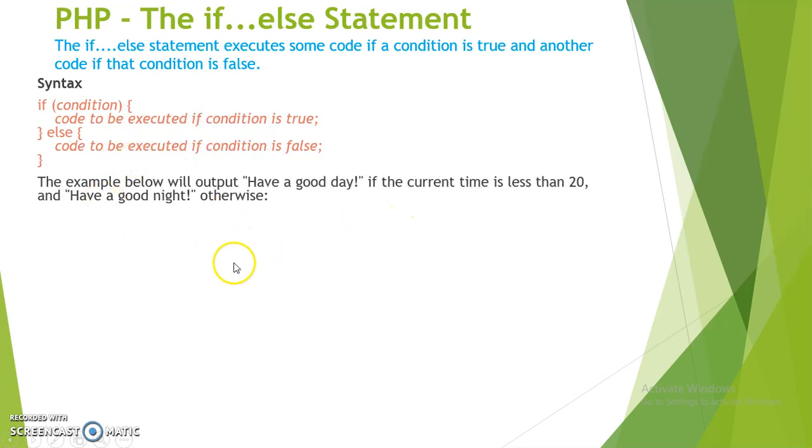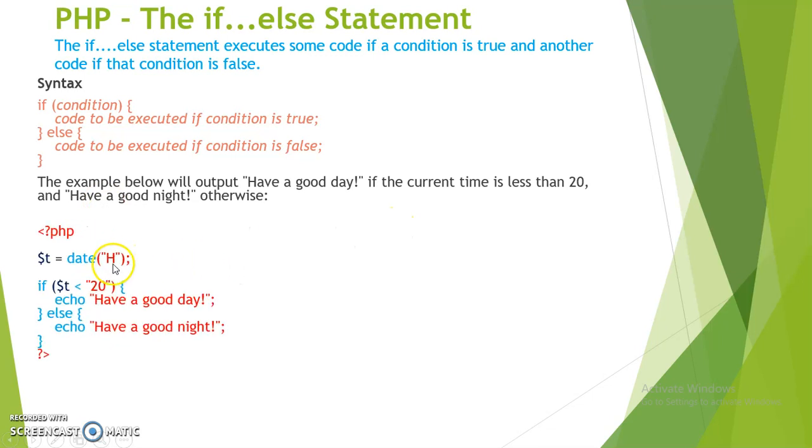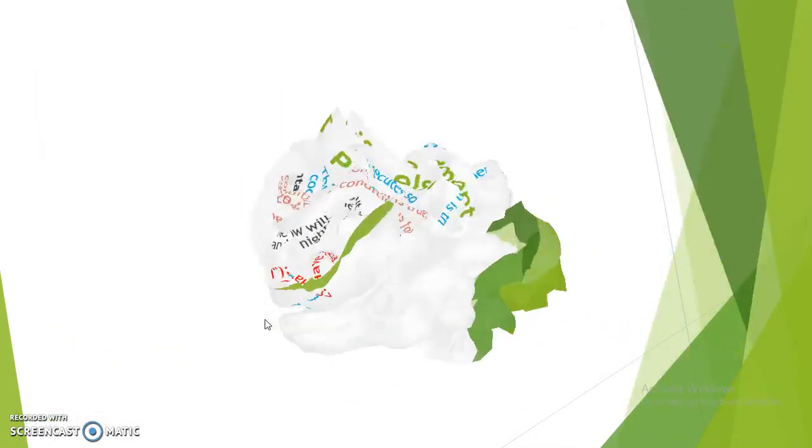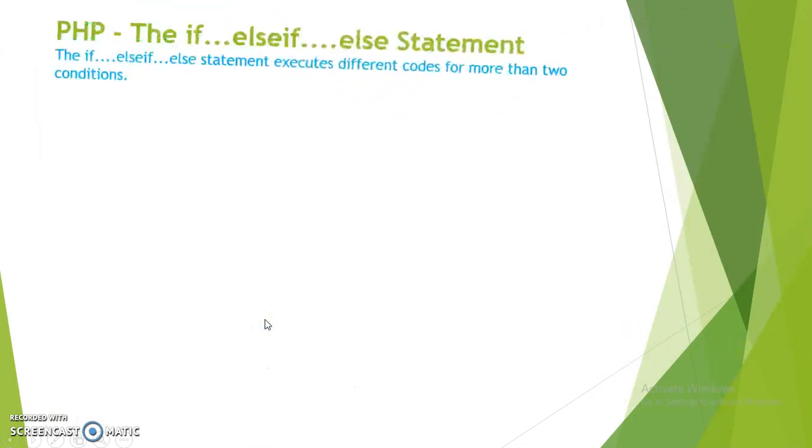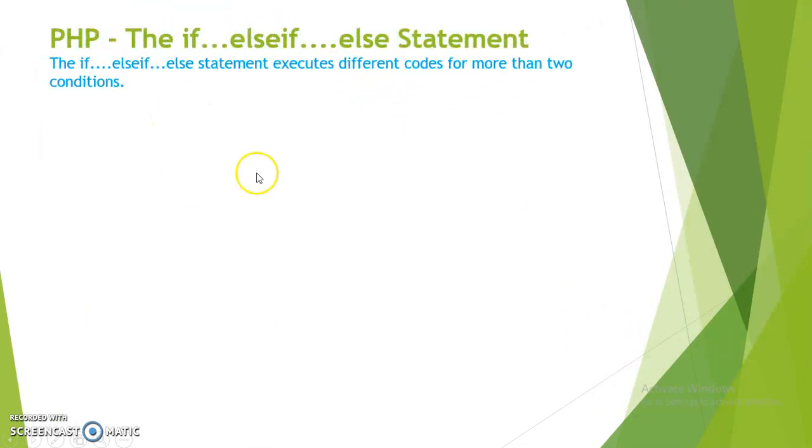So from this example, what are we saying? The same date, hour. We're checking if the hour is less than 20. We should echo what? Have a good day. Else, we should have what? Have a good night. As simple as that. So the next one is a PHP if elseif else